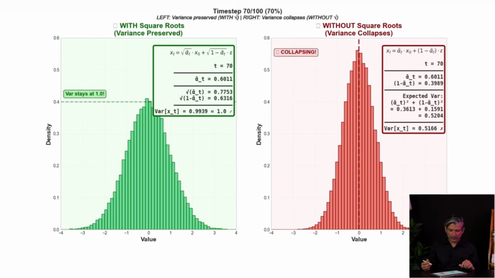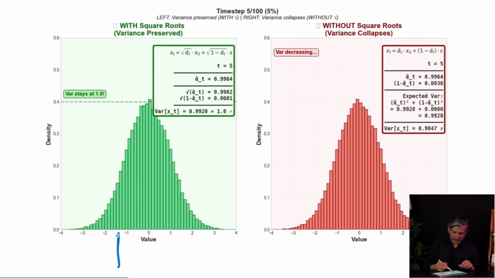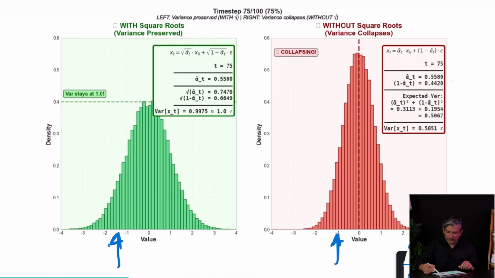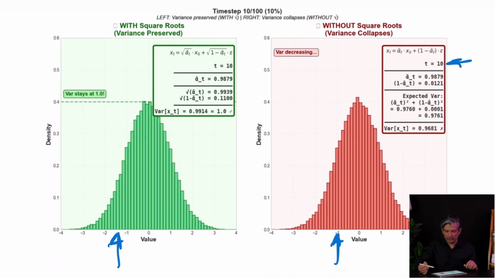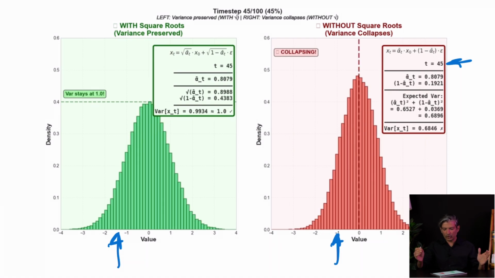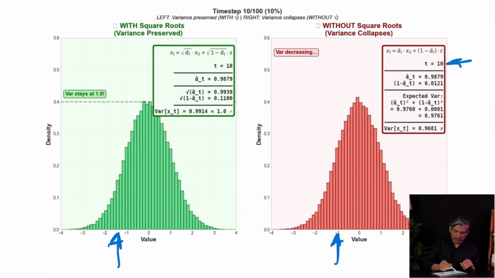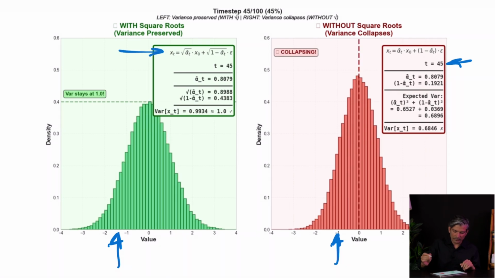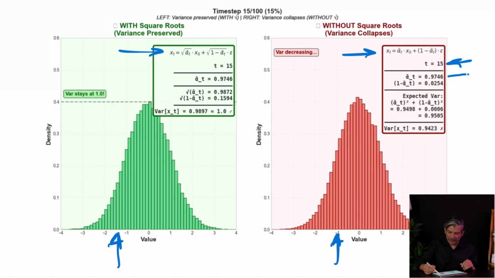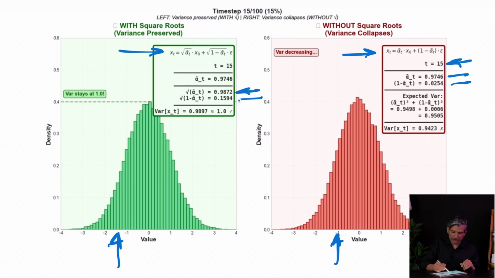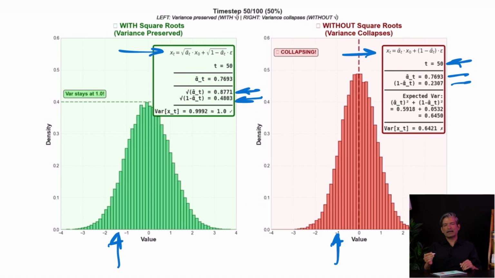I think this will show you better. Here we are doing that variance stabilization. As t goes from 0 to 100, it peaks here and here. We are using these so-called square roots, and I'll show you what I mean. We have values for alpha t and 1 minus alpha t, but here the values are different because we have taken the square root, and I'll show you the math.